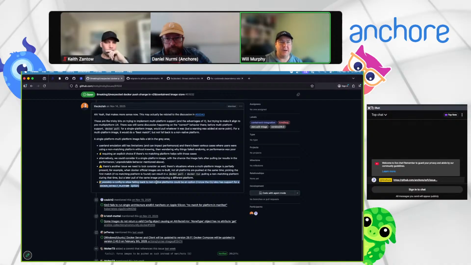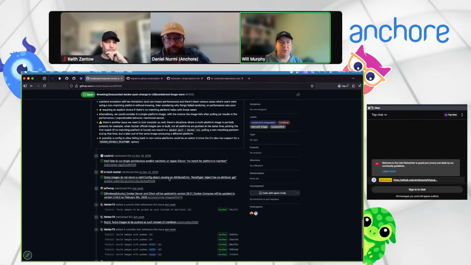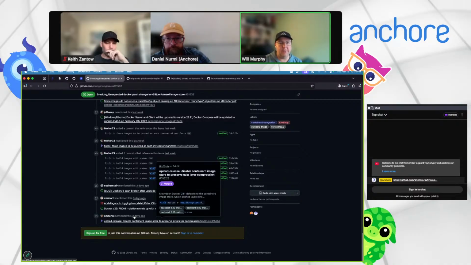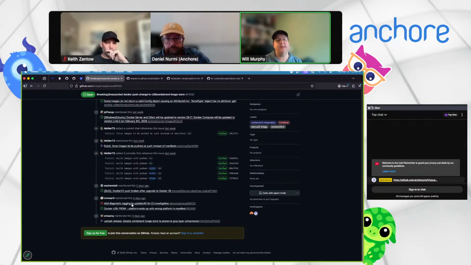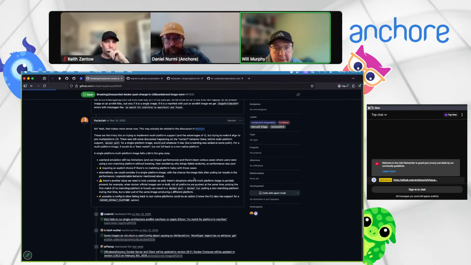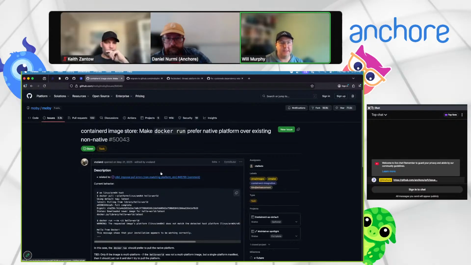It's starting to come up because Docker is working on making this less ambiguous and standardizing around how multi-arch images work, and that change is starting to roll out. I'd be interested in that last comment, which also linked to an issue that might be interesting to take a quick look at. That's 50,043, I haven't looked at this at all, but